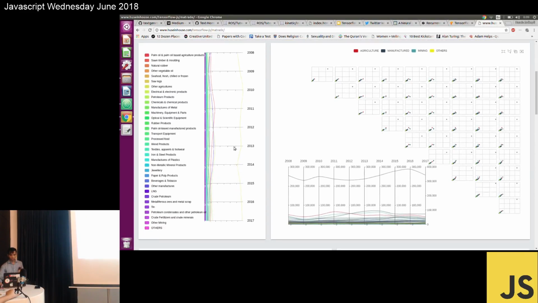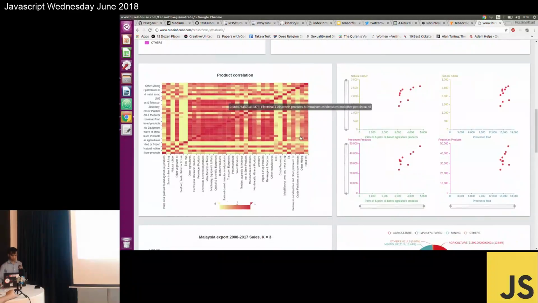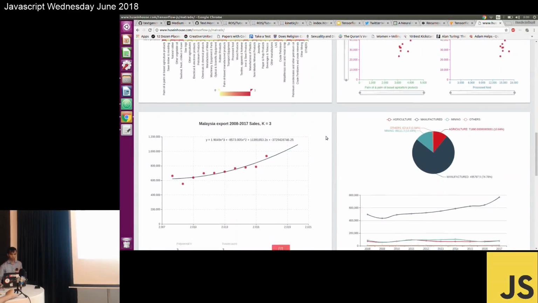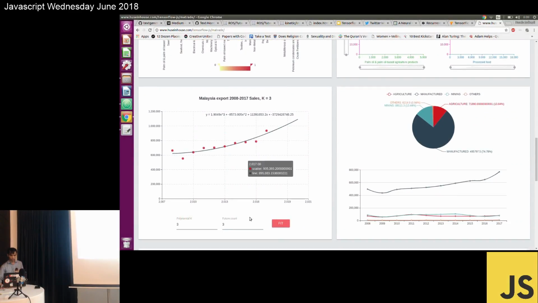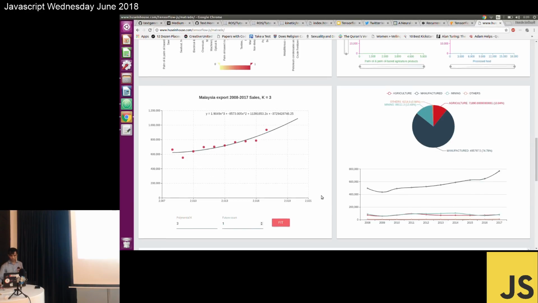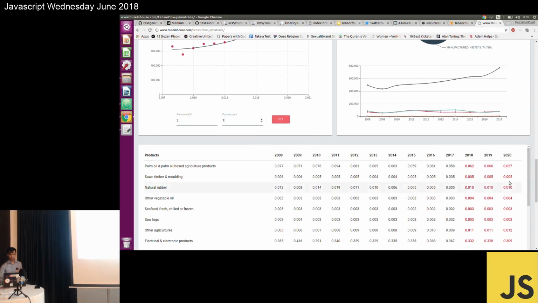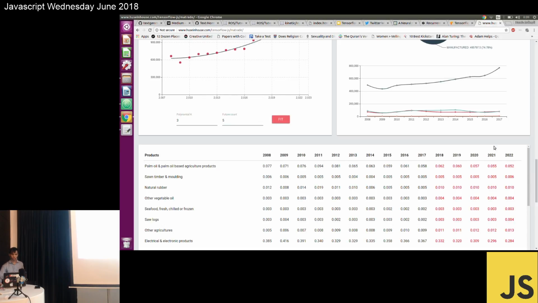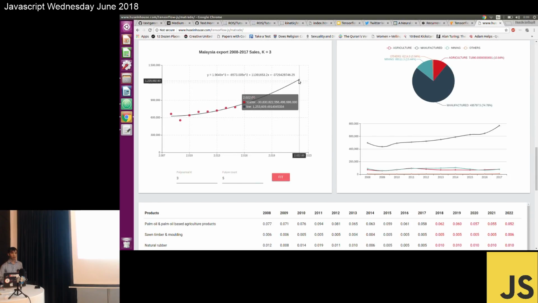So, correlation. But the most important thing I want to show is the neural network. So I want to focus. Right now the default is to focus 3 years ahead. You can see the neural network has already calculated until 2020. So I want to focus until 5 years ahead. You can see we focus on 2022. So this is what happened to the export value in 2022, it becomes 1.2 billion based on the historical data.